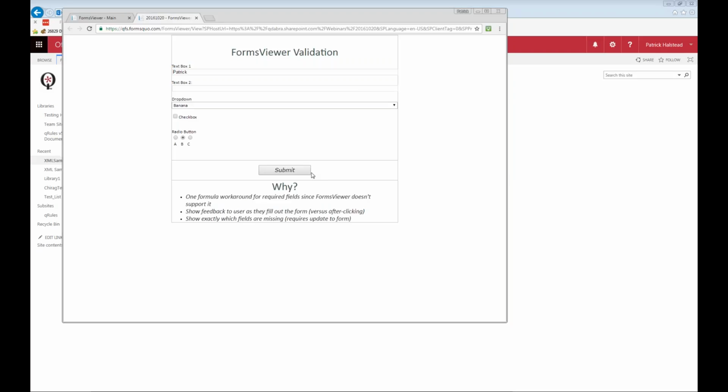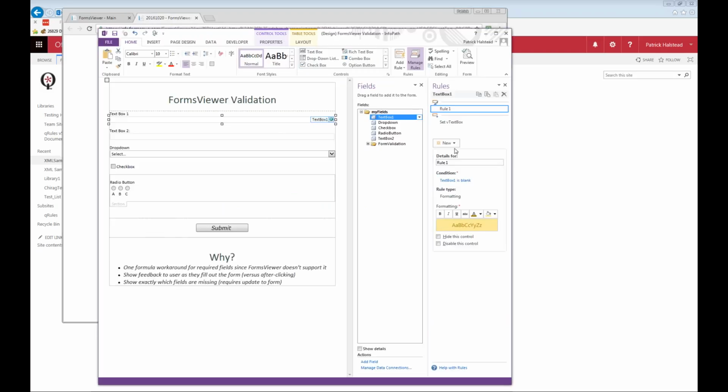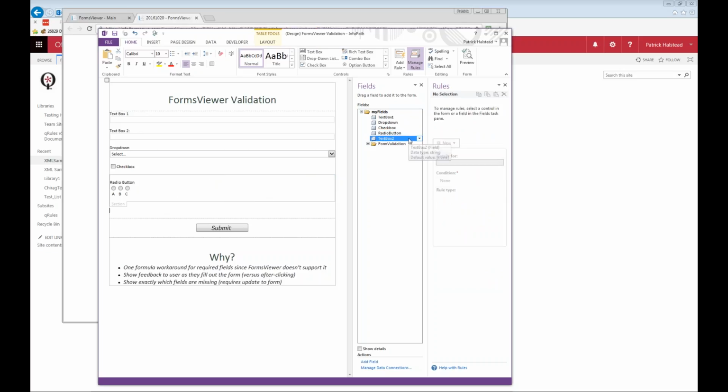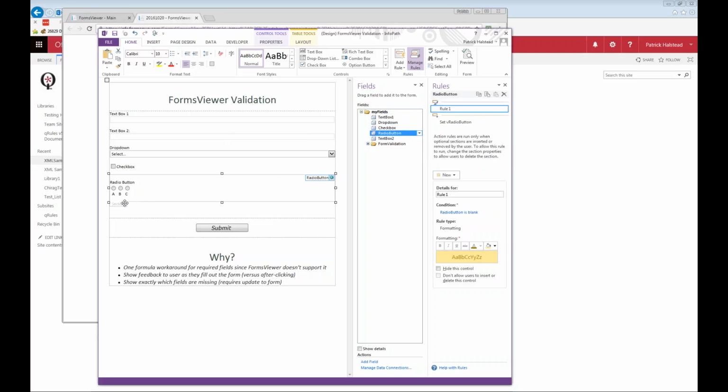And you could, of course, use conditional formatting. How did we do it? So you can see here, I have a conditional formatting rule to highlight these if they're blank. For the radio button, you have to do it for the section, the entire section, and you have to put the radio buttons in a section that is bound to the radio button. And for those of you who haven't done that before, you can actually add sections to any of these items. So for example, if you want to add a section for the radio button,